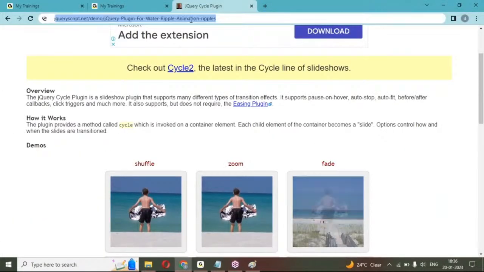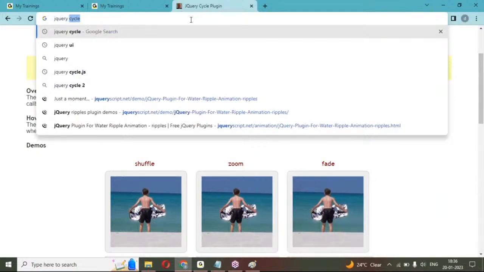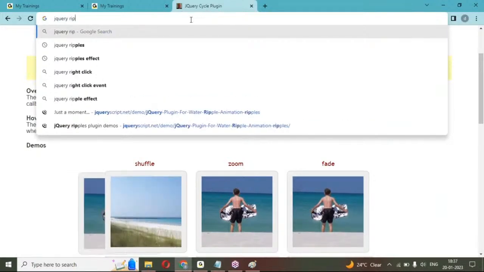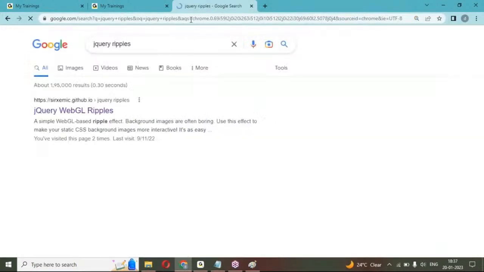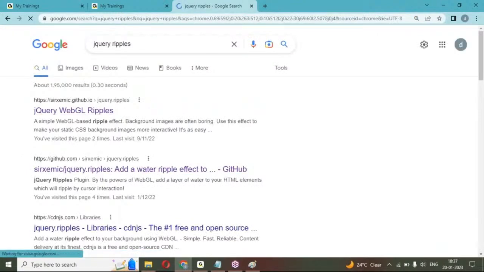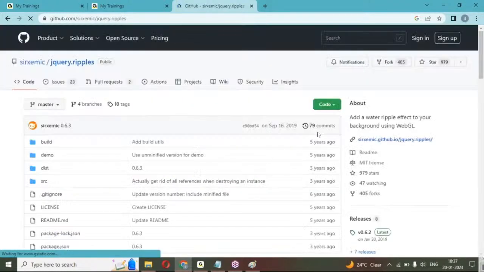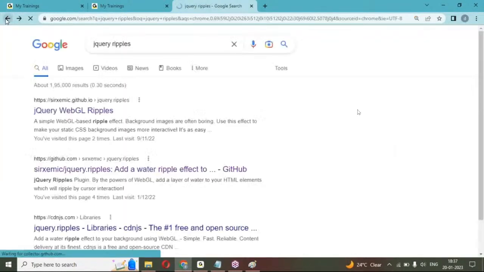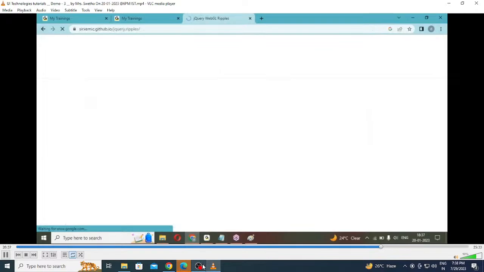Next, if you check jQuery ripple.js, jQuery rippling effects we can create with this. Because of jQuery ripple.js, we can create all the rippling effects, water rippling effects, for